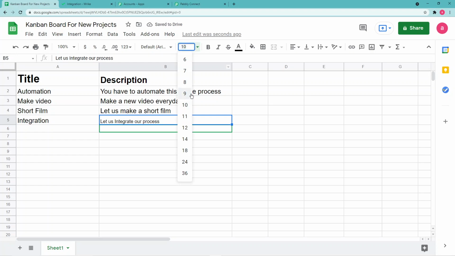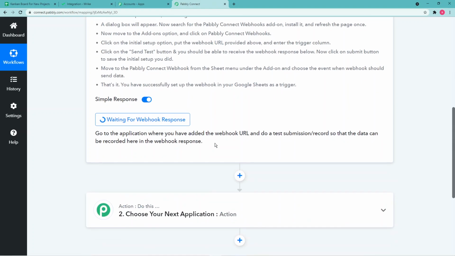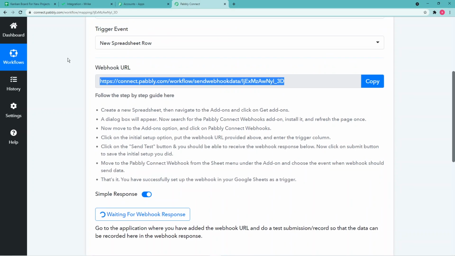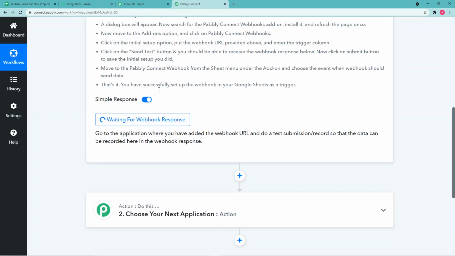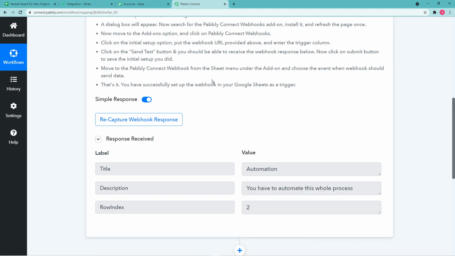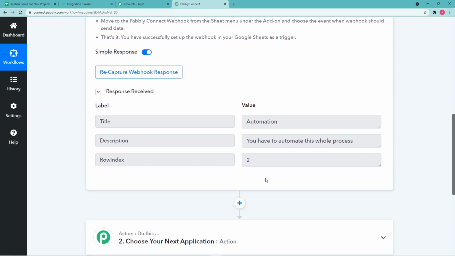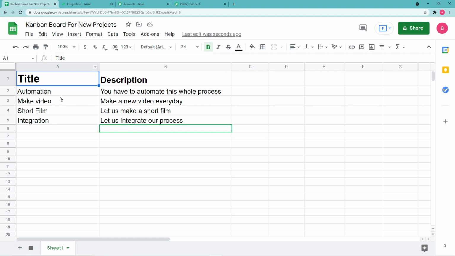So we are done filling the data here, and now let's see if Pabbly Connect captured something or not. Here you can see Pabbly Connect has fetched this data from our Google Sheets, right? So this is the data that was fetched from Google Sheets to Pabbly Connect.